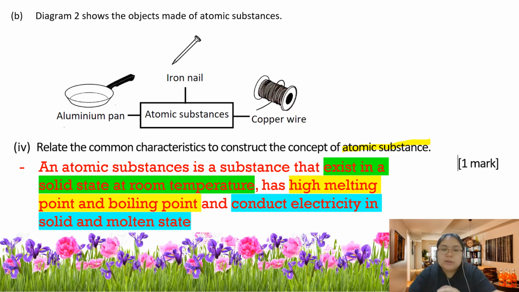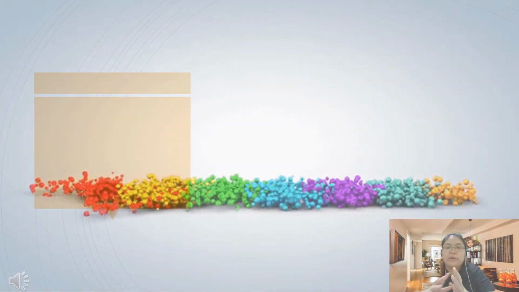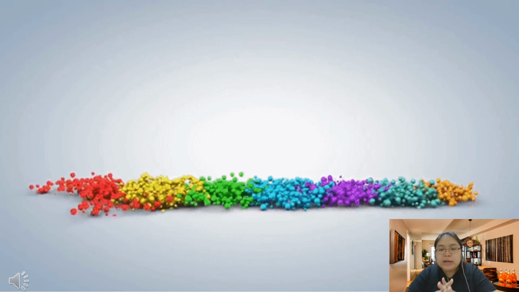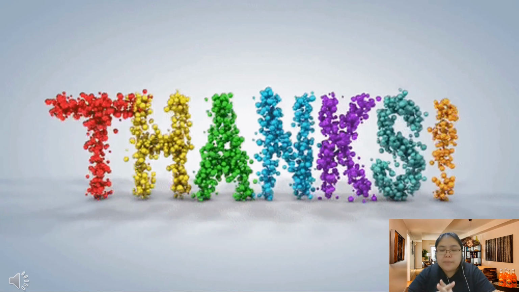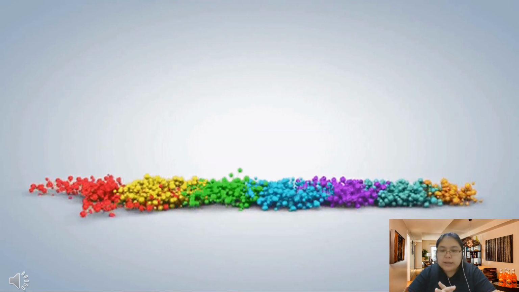So this one we call the common characteristics. Then you need to give the concept. Normally this question is the last part of the essay. Common characteristics are normally the first part. So this is an essay part. Just until here only. Hopefully you mark all the questions. So mark it. After that,